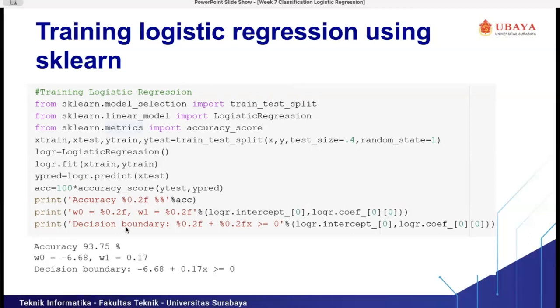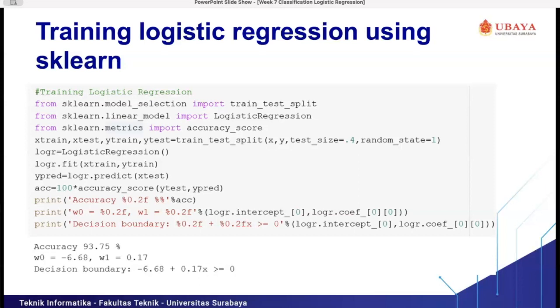By using the logistic regression from the scikit-learn library, it is also possible to get the weight 0 and also the weight 1, which is the weight that will be multiplied by the x. This is the bias, and also this is the weight 1.